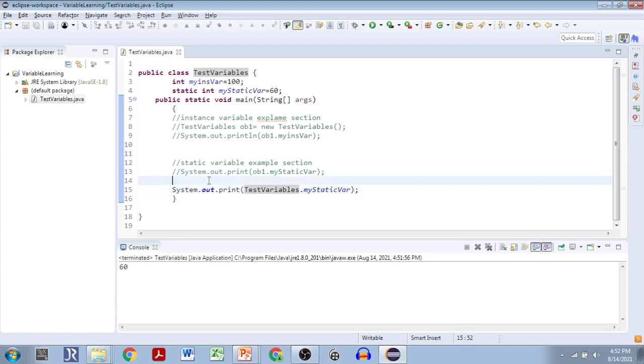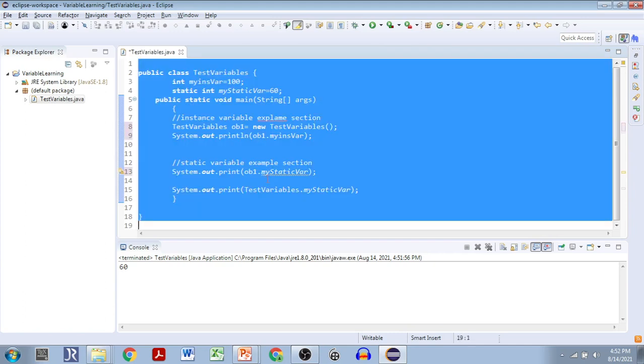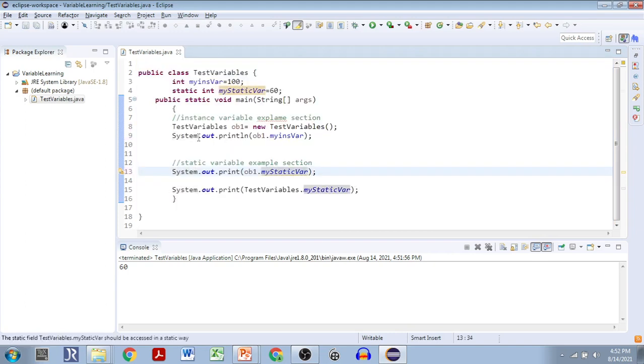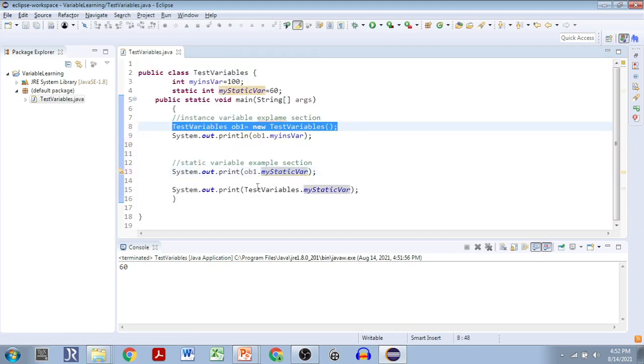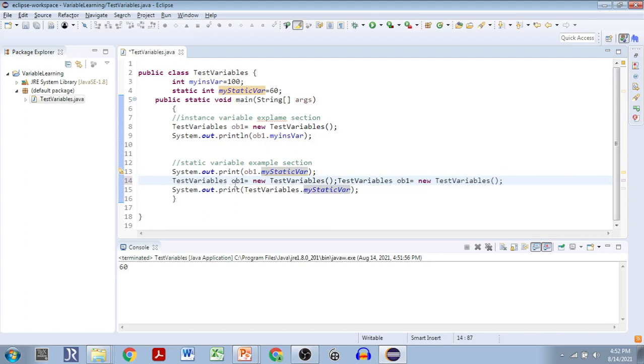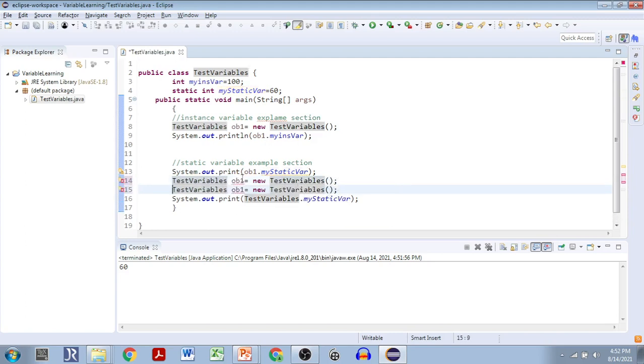Yes, even if we create hundreds of objects, the value will be the same. Even if you change that, let me show you. Now I'll create another object. I'll create 2-3 objects: object 1, object 2, and object 3,